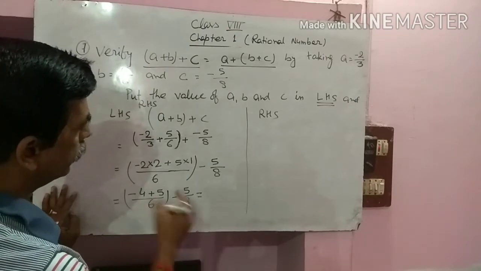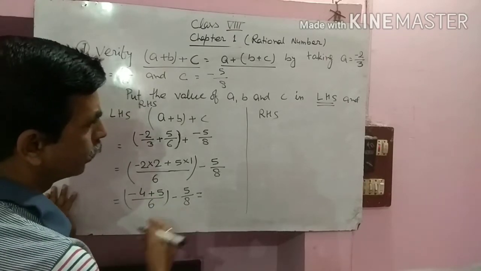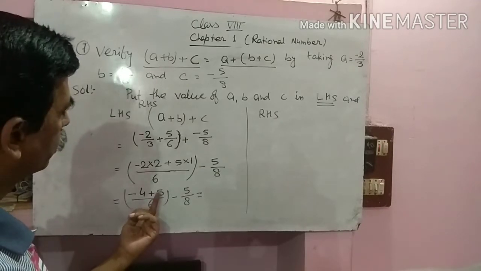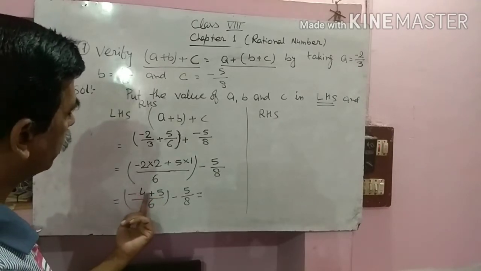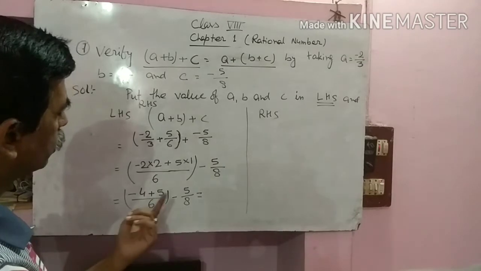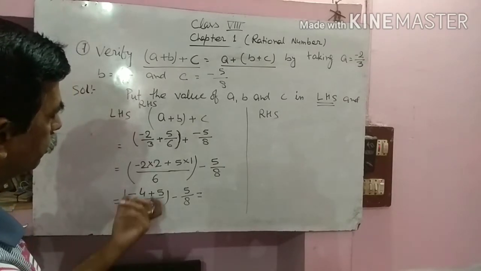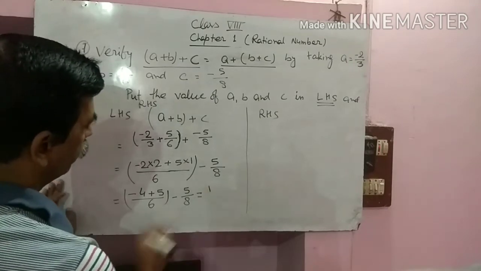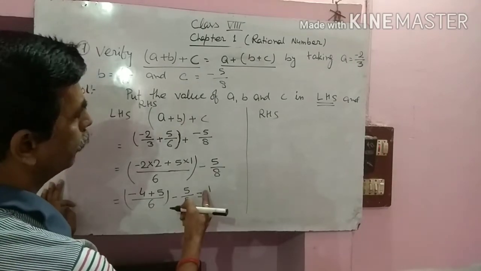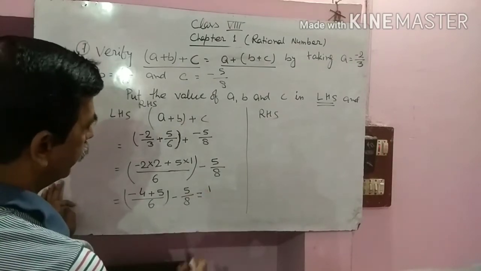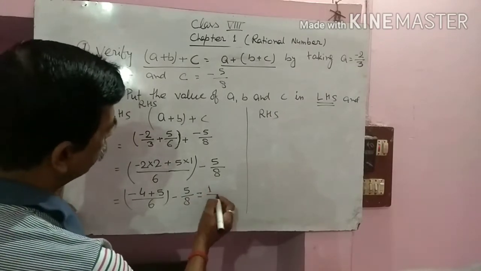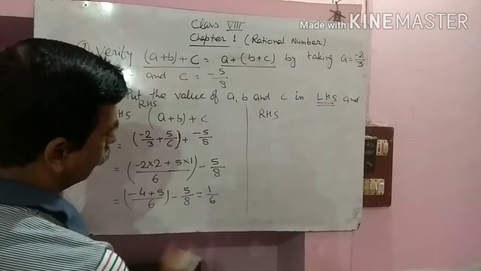In that case, we have to subtract the smaller value from the bigger one. So 4 is the smaller one and 5 is the bigger one. We have to subtract because the signs are different. So we have to write 1, and the sign of the bigger one, which means the sign of positive. You can write that if you wish; if you do not want to write, just leave that one. Okay, by 6.